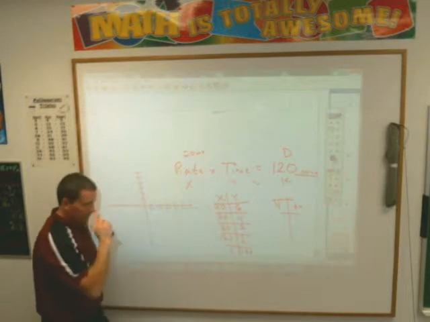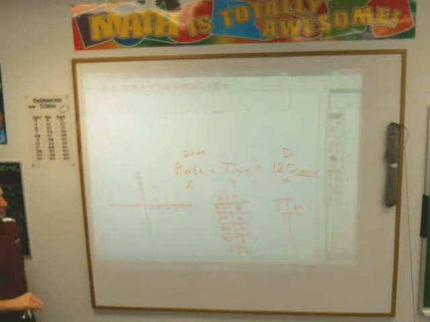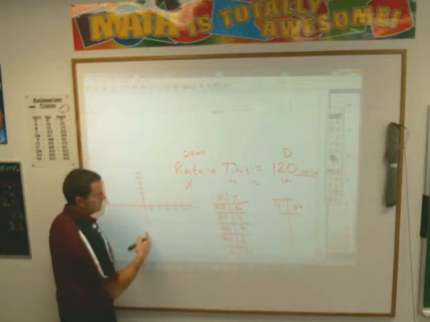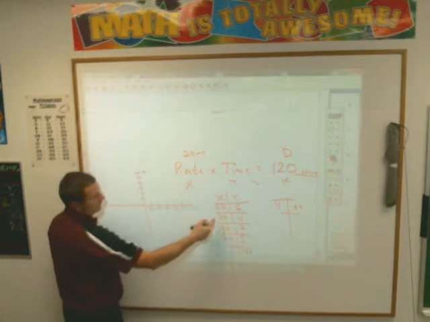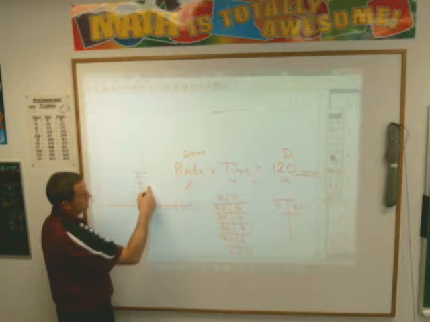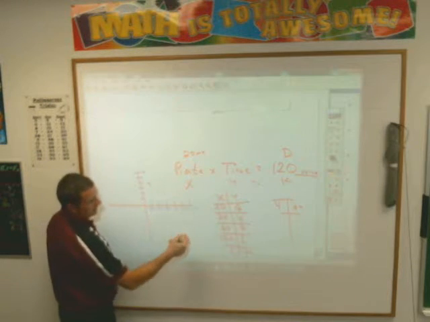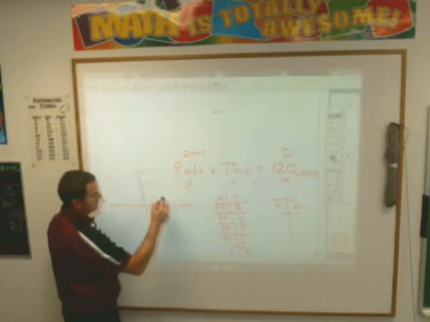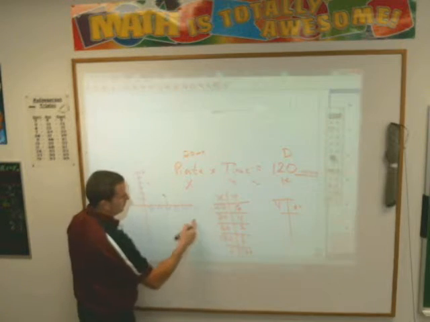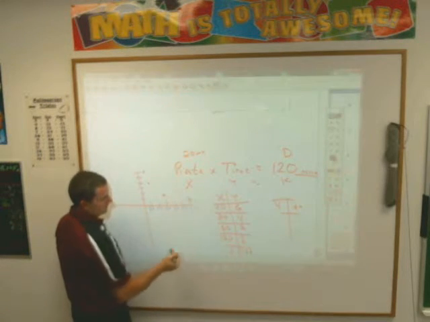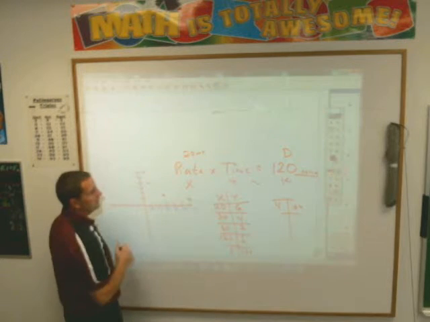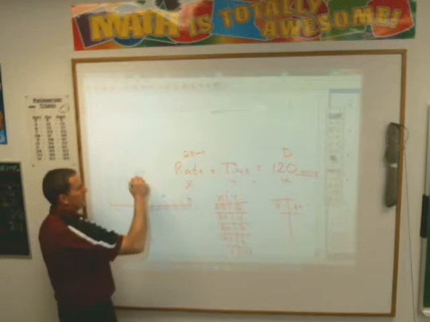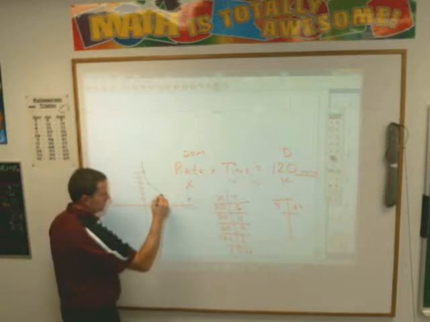If you were graphing this, take a look at what the graph of inverse variation looks like. At 20 I have 6. At 30 I have 4, which is right about here. At 60 I have 2, which is right about here. At 120 I have about 1, which is right about here. Anyway, the graph of inverse variation looks like this,